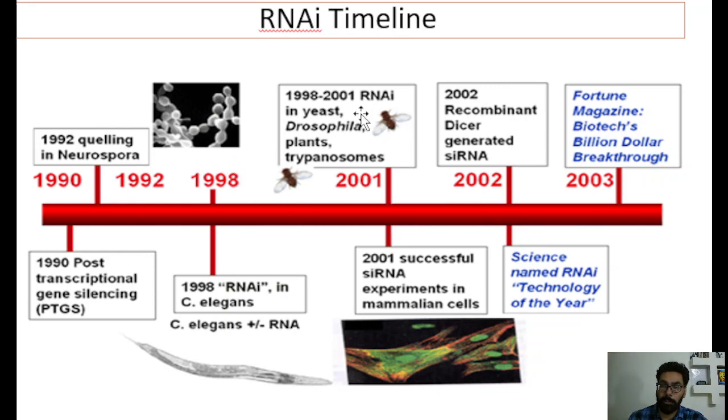After that, RNAi was discovered in many other organisms like yeast, Drosophila, plants, trypanosomes, etc. By 2001, there were many successful examples of siRNA or RNAi-mediated reduction in expression of mammalian cell genes. Then by 2002, recombinant components of RNAi were generated. In 2002 itself, Science named RNAi the technology of the year, and by 2003, it was a billion dollar